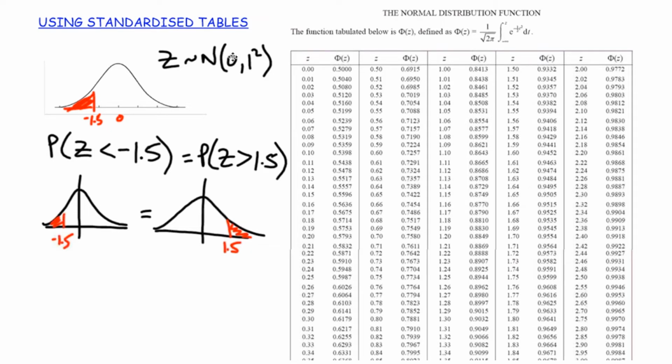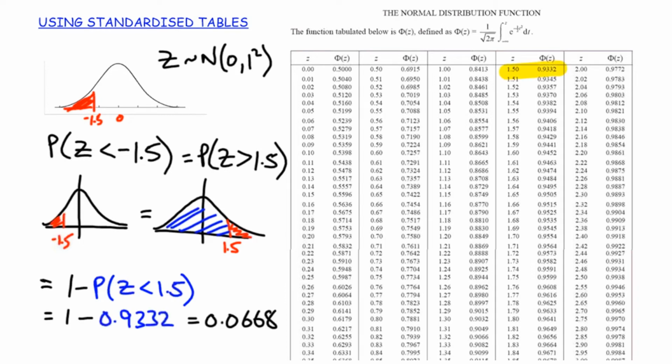Okay, I'm still not quite ready for the tables because the tables will only tell me less than statements. So I know that this is the same as 1 minus the probability that Z is less than 1.5. And once again, this can be looked up in the tables, leaving us with an answer of 0.0668. Okay, so 2 ways that we used those previous properties of a normal distribution. We can use the symmetry, and we can use the fact that all of the probabilities should add up to 1, or the total area underneath the curve is 1, to then go ahead and solve a variety of different